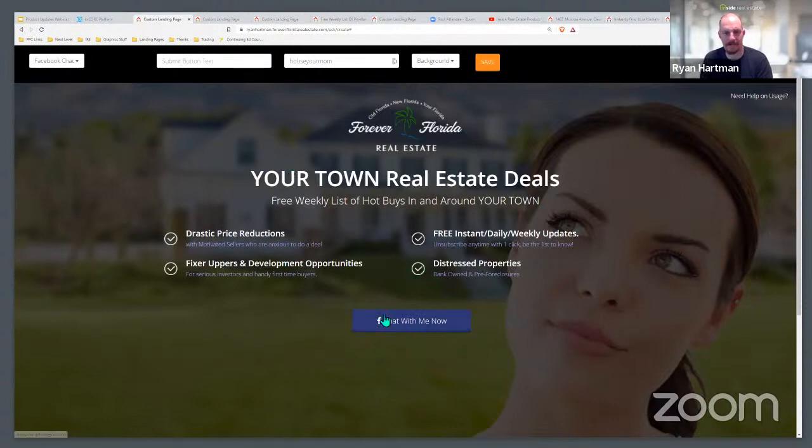And then the last one right here is very similar to the text capture where they would text a lead. There's no kind of action they take on the page. But if you want people to chat with you on Facebook,